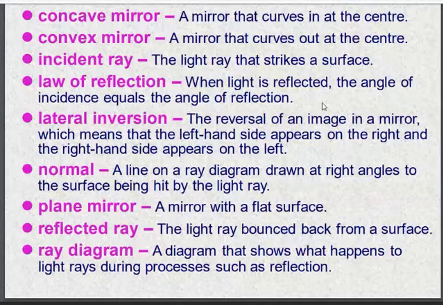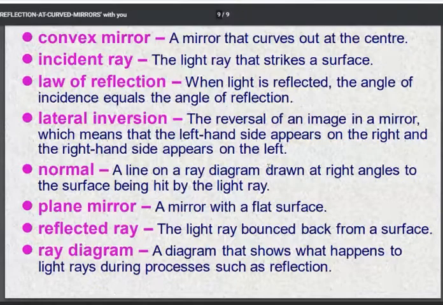What is the normal? A line on the ray diagram drawn perpendicular to the reflecting surface is called the normal. Now, what is a plane mirror? A mirror with a flat surface, or plane surface, is called a plane mirror. A reflected ray: the light ray that bounces back from the surface after incidence is called the reflected ray. And what is a ray diagram? A diagram that shows what happens to the light rays during a process such as reflection is called a ray diagram. This is all about